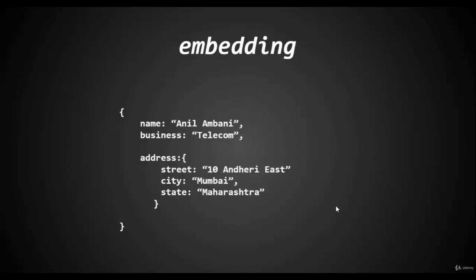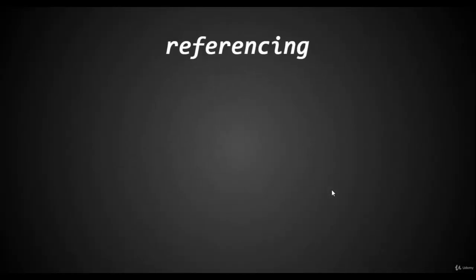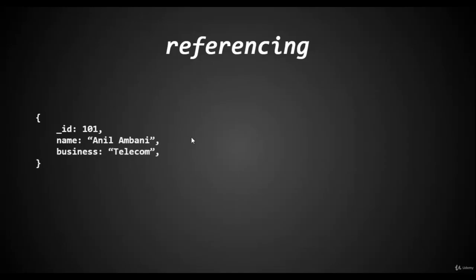The next thing we'll see is referencing, or linking one document into the other document. So let's see that. Here we'll see how we can reference and achieve the 1 to 1 relationship. Suppose I have this customer document with ID, name, and business. So this is the customer document. Now I'll have another document